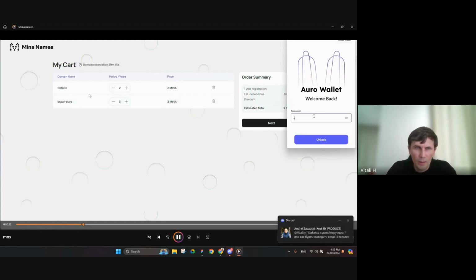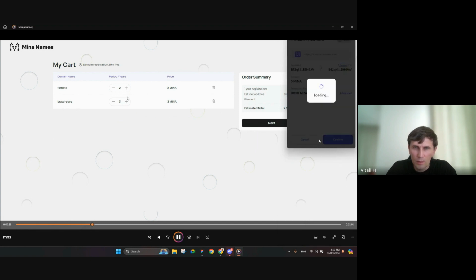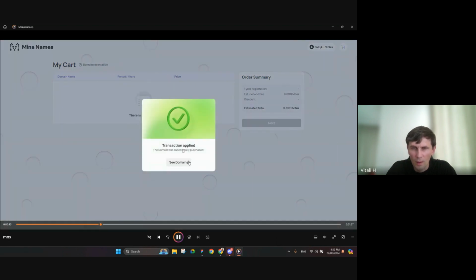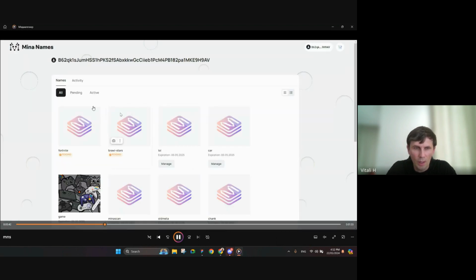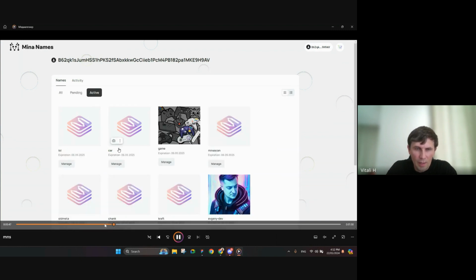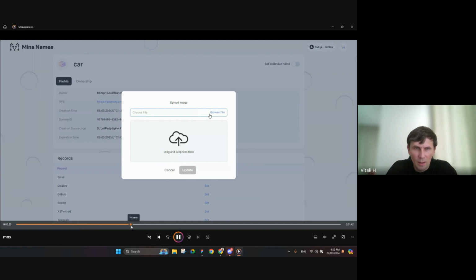Here we can select the period for which this name can be ordered. Transaction executed, and we can see the domains. Right now we track the pending state, and maybe later there will be no pending state, but that's how it works right now.